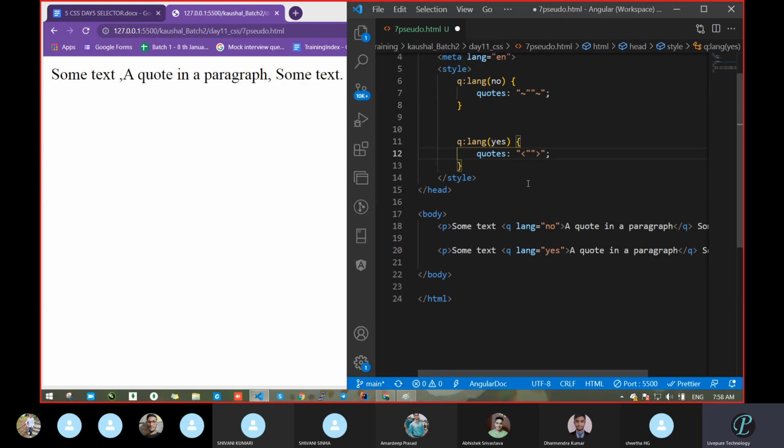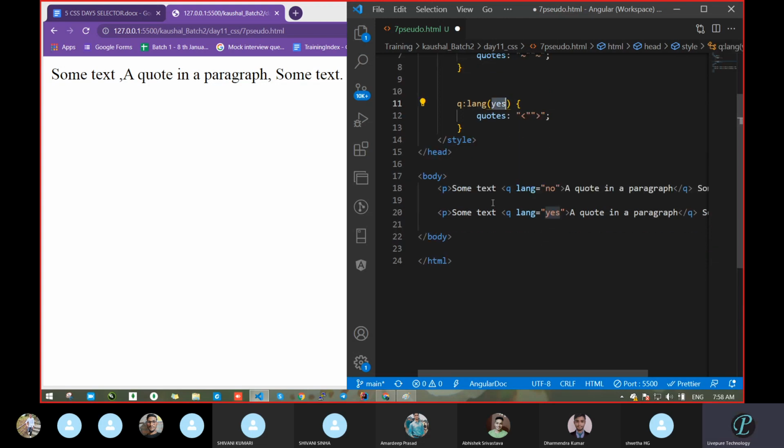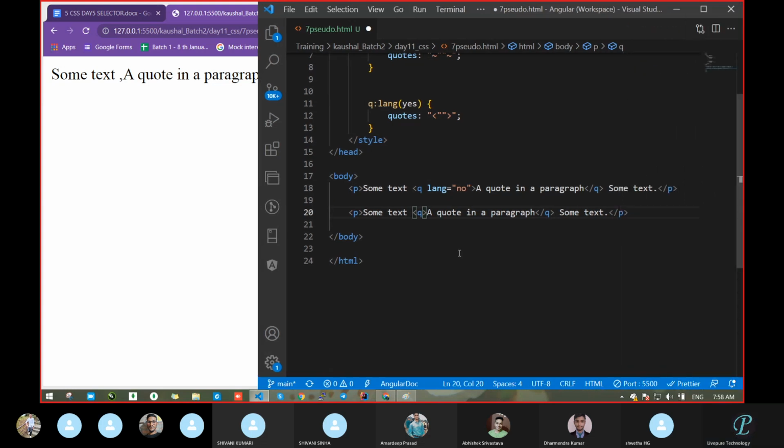So what will happen here, when you get q with lang yes, in the next line, in place of the double quote? Let's remove this first. What will be the output? Shivani, what will the output be now for the second line?